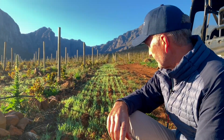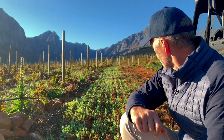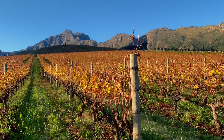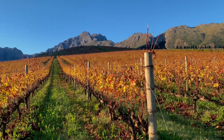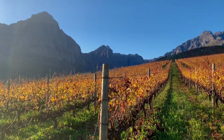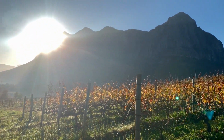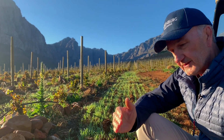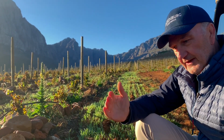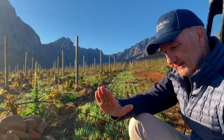I just wanted to show you the cover crop coming up. This was sown about 10 days ago, and you know, perfect conditions. There's been quite a lot of rain, and this stuff's just growing like a bomb. We've got 8 rows. It's sown, as we've shown before, we don't break the soil. We just slightly open the earth up, and then seed, a little bit of chicken manure pellet, close it with